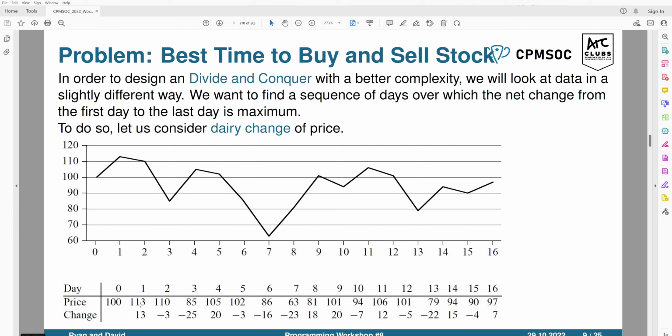And then, instead of looking at a pair of dates that gives us a maximum profit, we wish to find a sequence of dates for which the net change can be maximized. Because the net change is basically our profit, and we want this profit to be maximized. So we look at the net change of those dates, and I include a new set of data which indicates the change. And what we really want is to find a subarray so that its sum is maximized. Then we have a new problem,